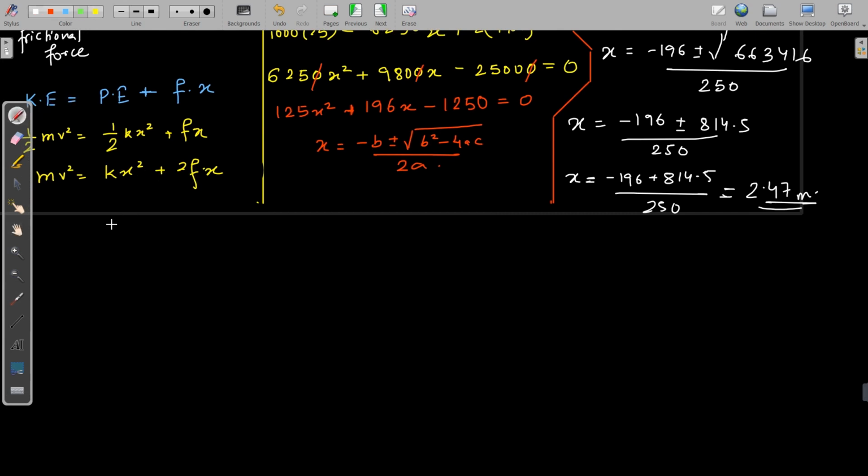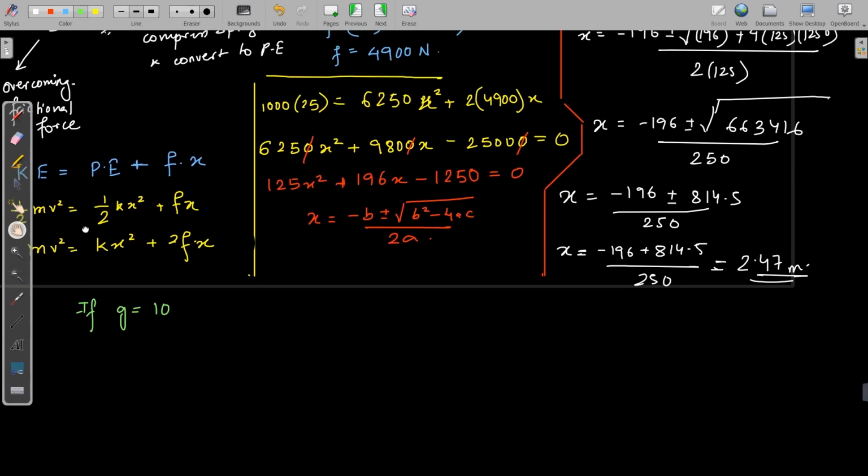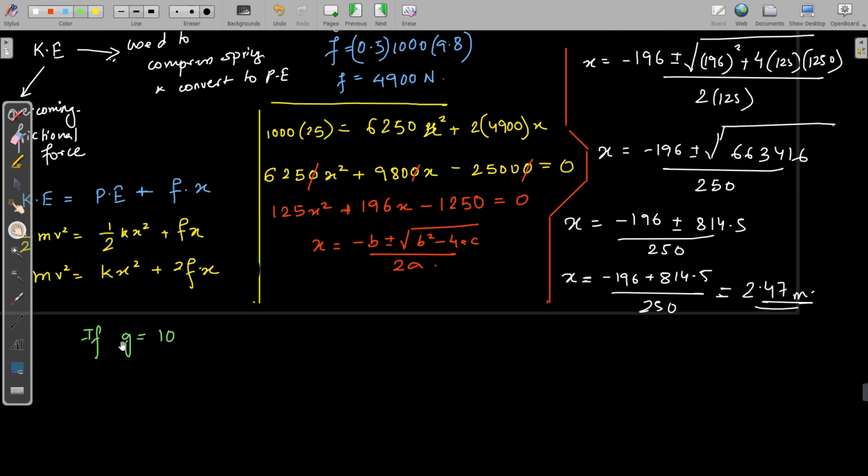If g is taken as 10, then the frictional force would have become how much? Then the frictional force would have become 0.5